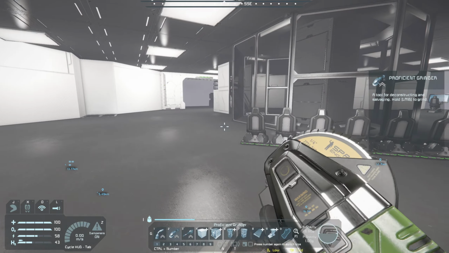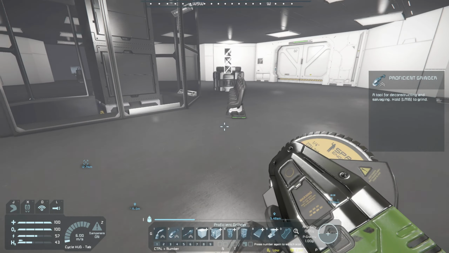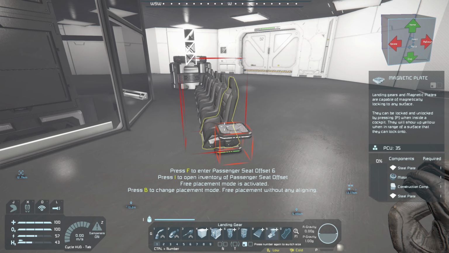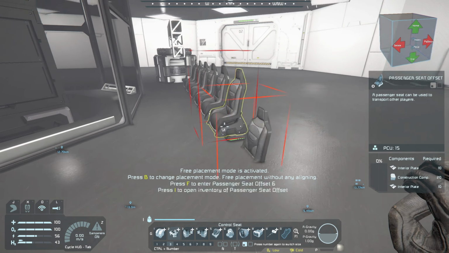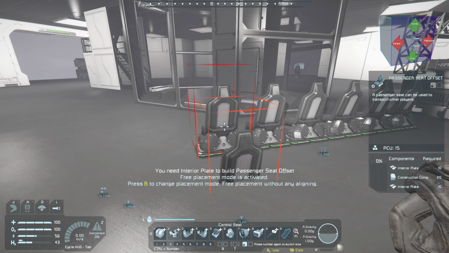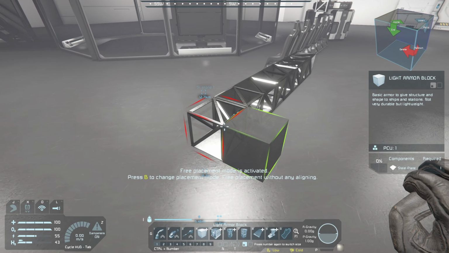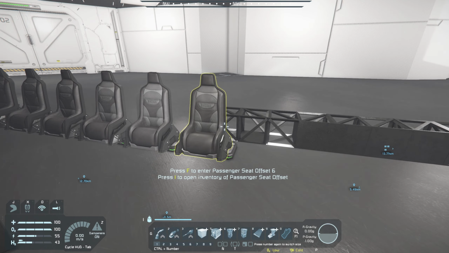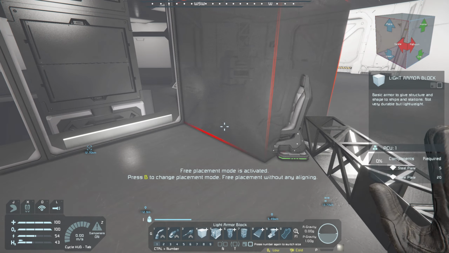And I think from off of this, I can make the rest of my seats. Well, at least the ones that are at 45 degrees. So let me see if I can't pull that off. Okay, it's not letting me put that there. So I am going to have to put these back so I can build off of that. Well, let me see if I can't get scientific about this. Hold on, I've got...